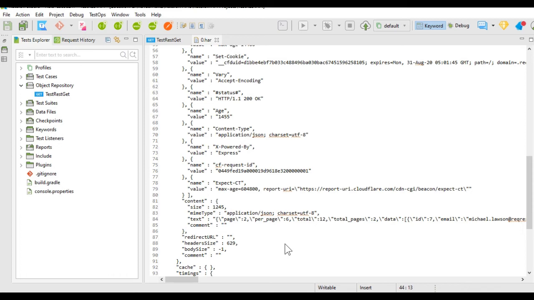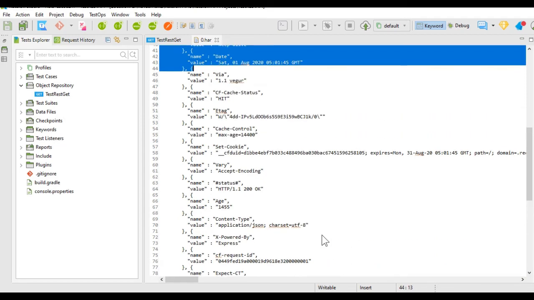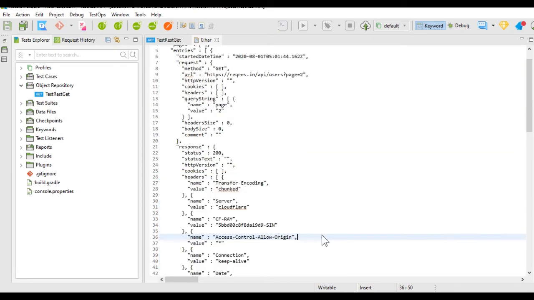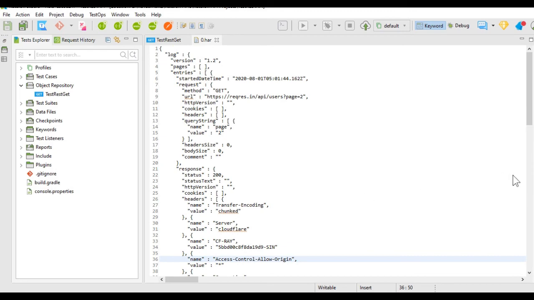You can use this HAR log file to identify the performance issues or the issues related to the request that you have sent and response that you have received. Expected versus actual result you can check and you can correct it.